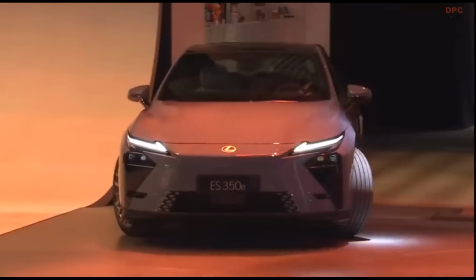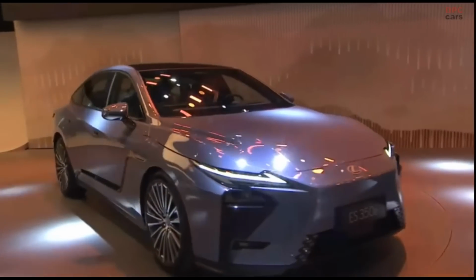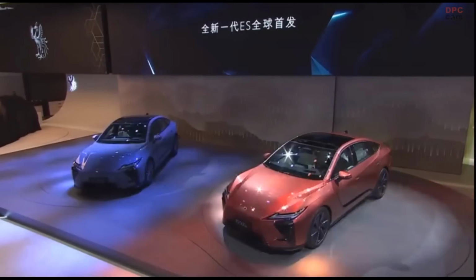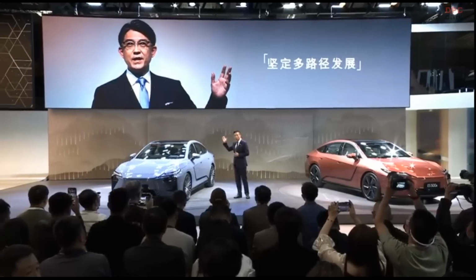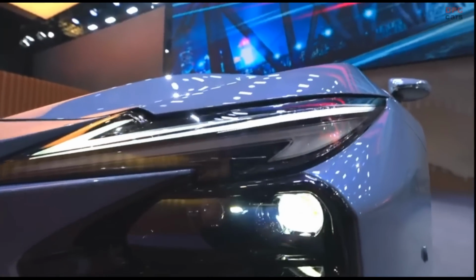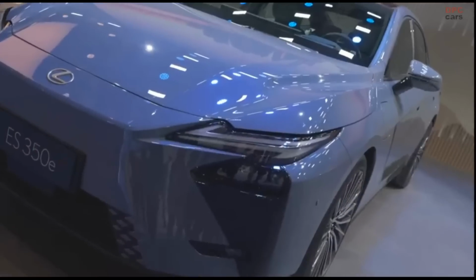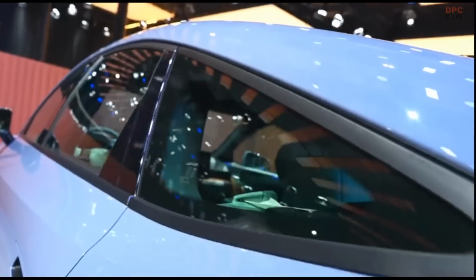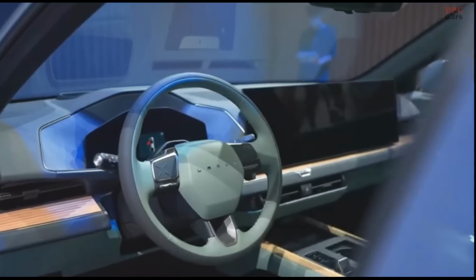The 2026 Lexus ES has arrived, and it is more than just a redesign. It is a complete transformation that brings the luxury sedan into the future. After years on the market and 2 minor facelifts, the outgoing model had started to show its age. Lexus took its time with the next generation, but the wait is paying off with a sharp-looking, tech-forward sedan that